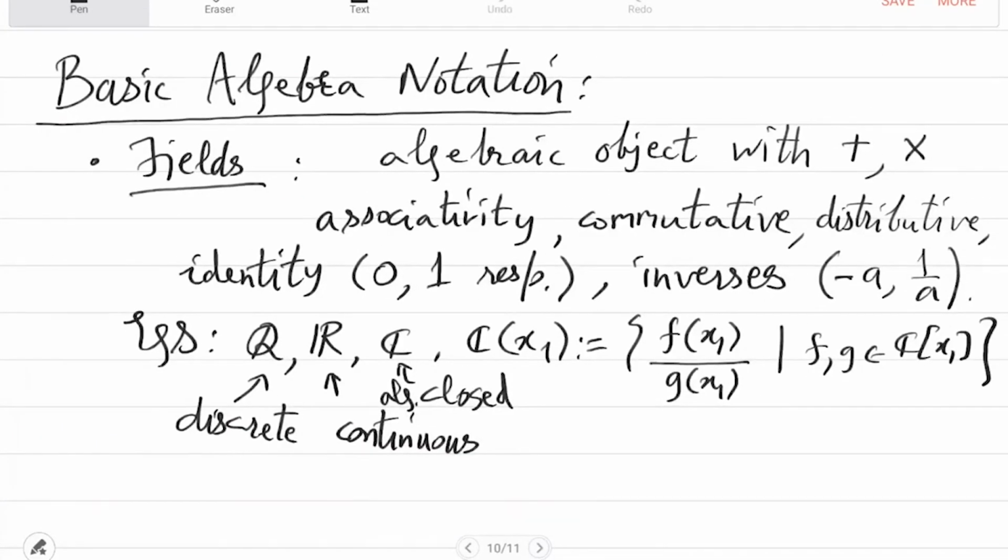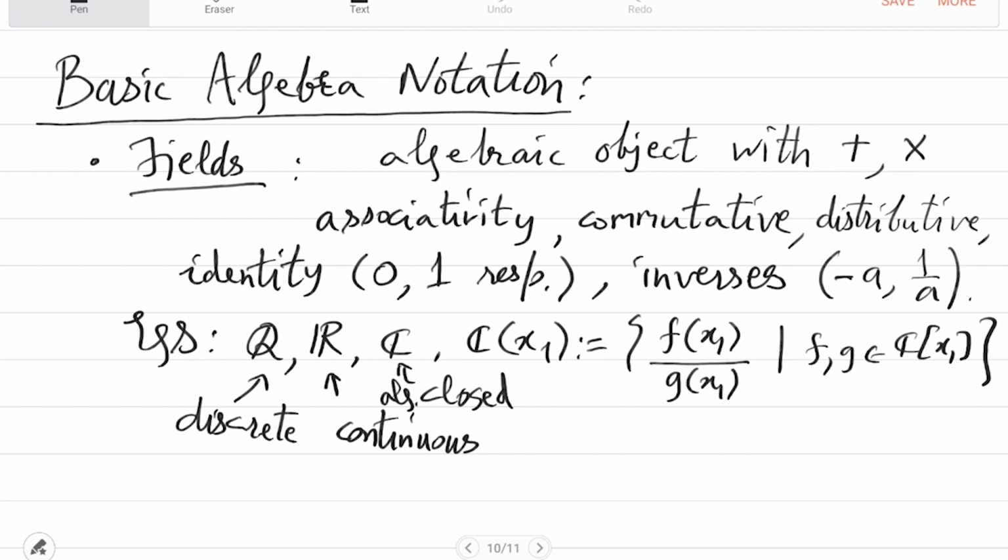So coming to algebra notation, we started with fields. So a field is a set, and since we want to make it algebraic, we have to introduce operations and properties. So there are two operations, addition and multiplication. Actually, you can call these operations by any name, but we use addition and multiplication because you know this from school. So you can relate it to integers. But you could have used anything here, not just plus and cross.